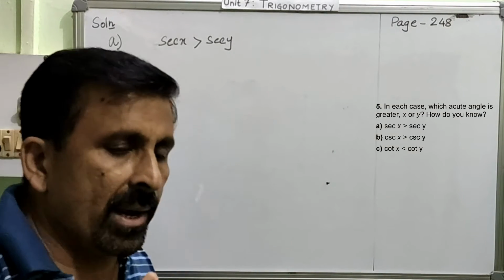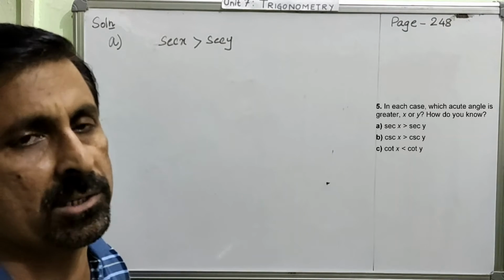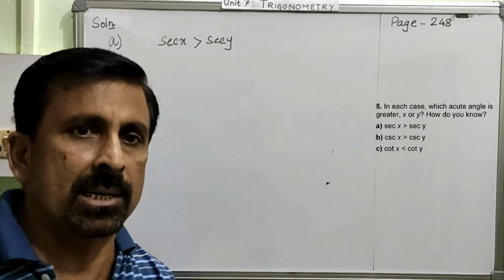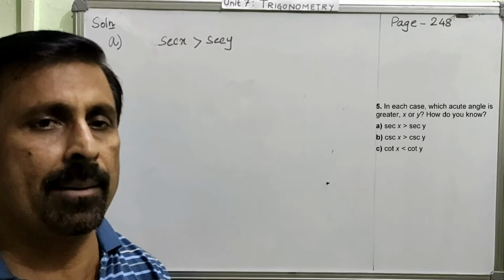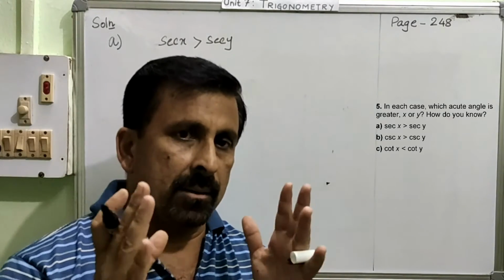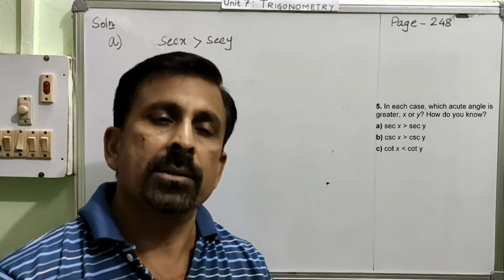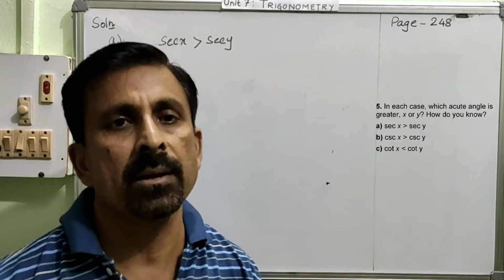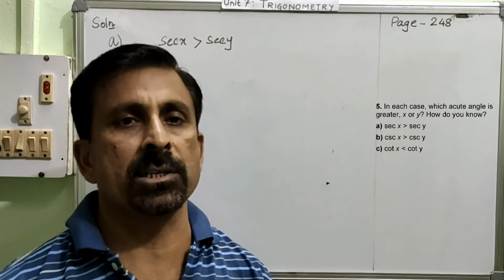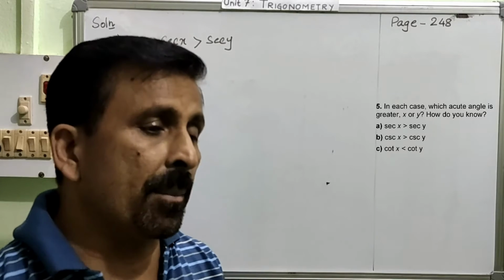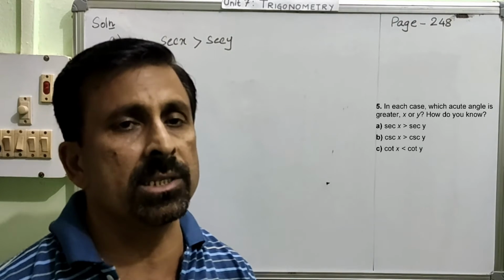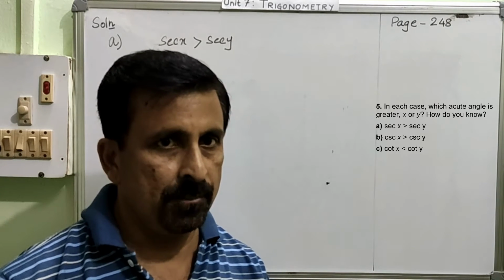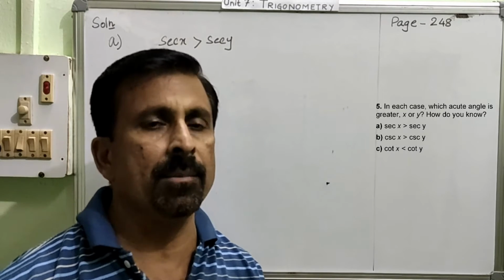What I told you is, when you are given the reciprocal of the trigonometric ratio, we can solve such questions by converting them into fundamental trigonometric ratios. Again and again I am repeating, because in the calculator the reciprocal of trigonometric ratio is missing, and therefore we are unable to use the calculator for it. So whenever we have reciprocal trigonometric ratio questions, we solve them by changing them into fundamental trigonometric ratios. Hope I have repeated this statement several times.